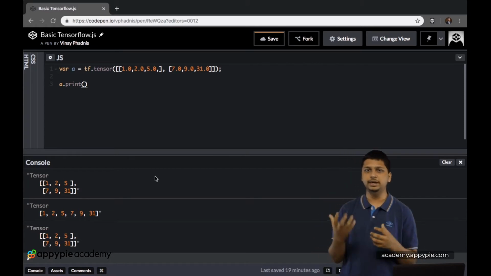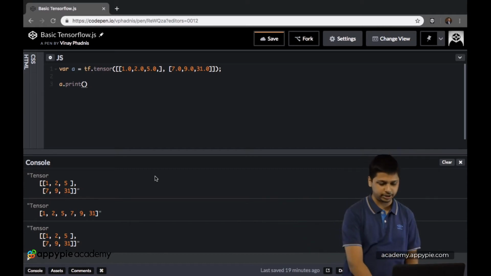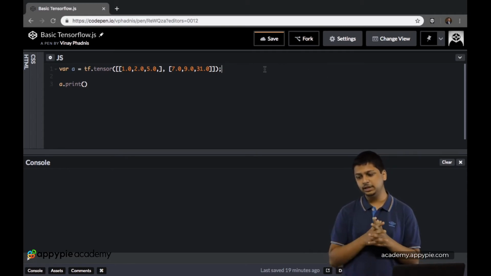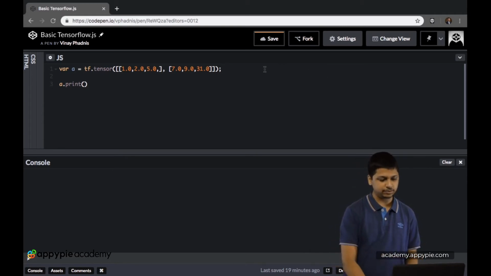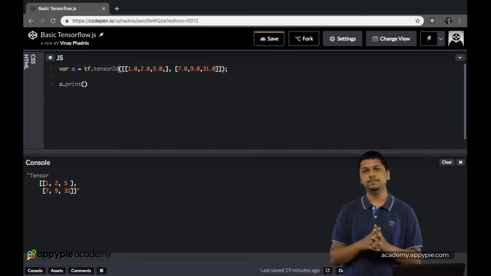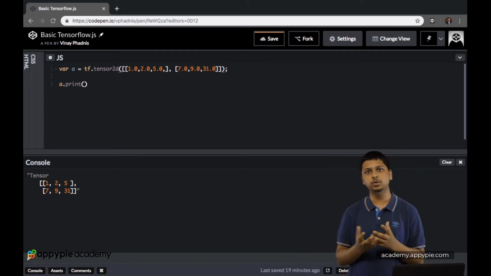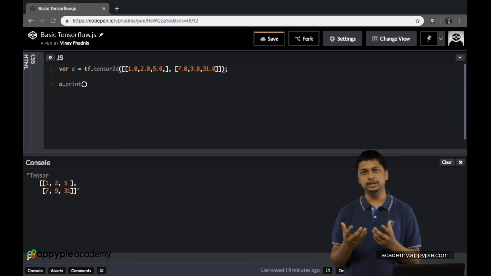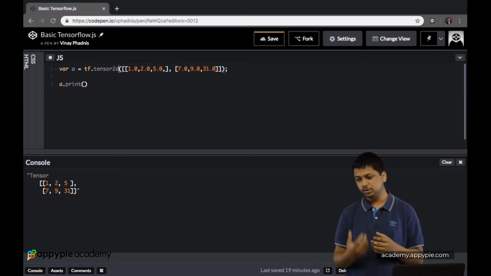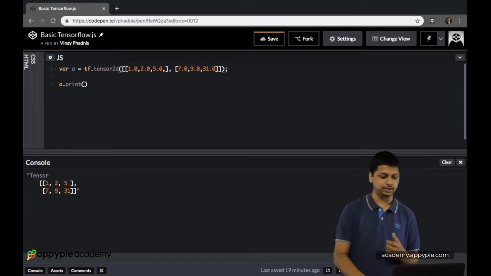So this is how you can declare a tensor without specifying the shape beforehand, while directly passing the values onto it. Okay, so let's clear the console first. And now we have got some more ways of declaring a tensor. The first one is tf.tensor2d. This does the very same task of what we just did. In order to read the code properly, TensorFlow has some of these methods which you can include, which can then be used to declare a two-dimensional tensor. Then we also have tf.tensor1d, which declares a one-dimensional tensor.